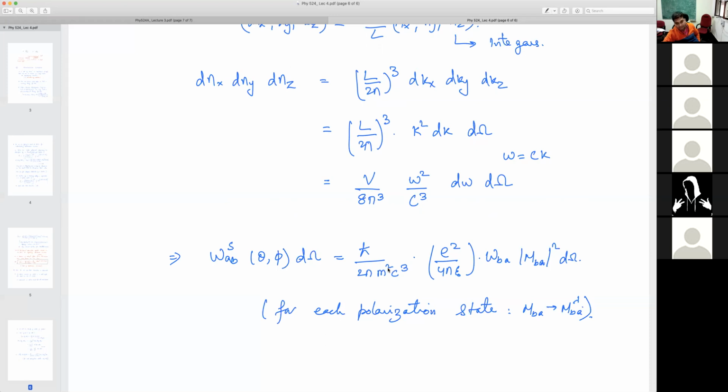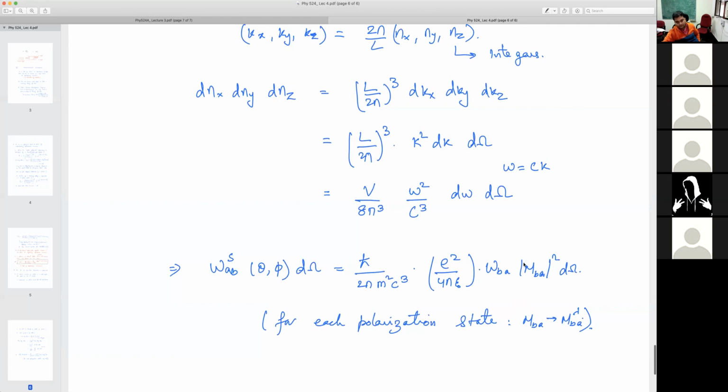So that M of the electron basically, and the fine structure constant, then omega BA, and so omega BA already includes this MBA, so this should not be here, right? So I cannot have an extra MBA, two factors of MBA whole square, at least in first order processes. So omega BA already includes that, so cut it out, and d omega. And of course this is for a single polarization of light, right?